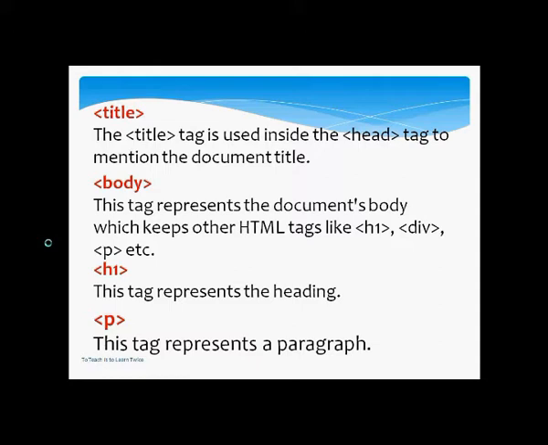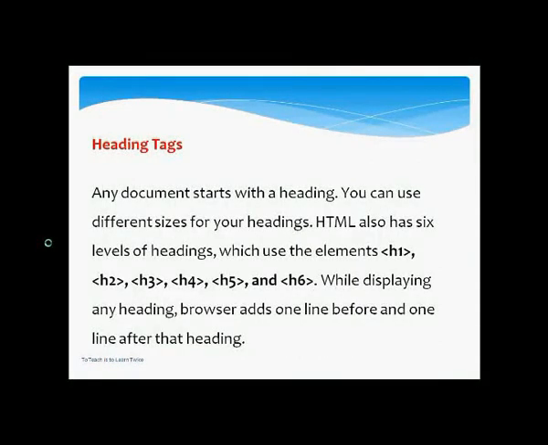So today we will continue with the other tags that are H1, H2, H3, H4, H5 and H6, and we will also see the different types of attributes of the body tag and P tag. So let's begin. We were talking about the H1 tag, H2 tag, H3 tag. So what are these tags? We will see it in the practical session.